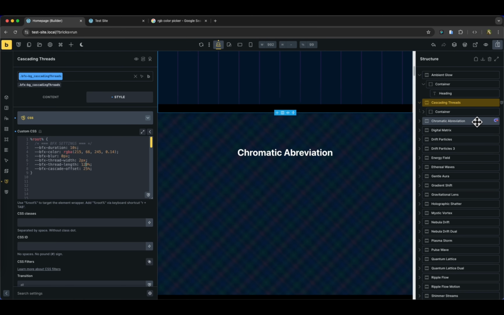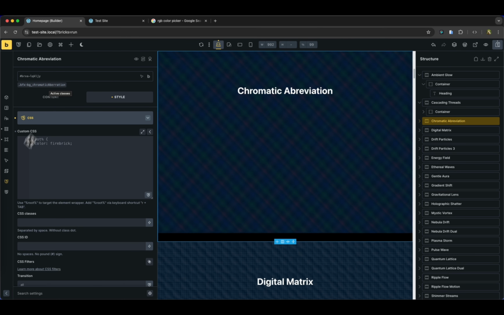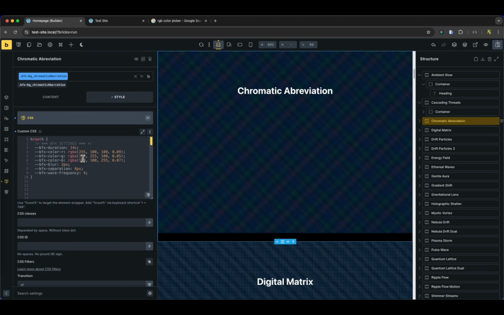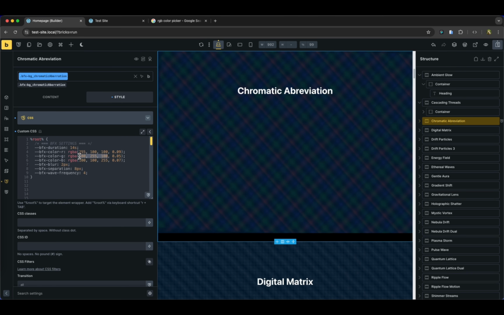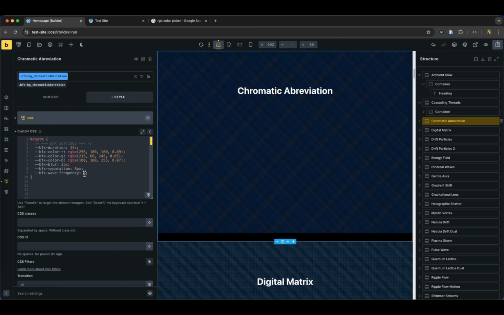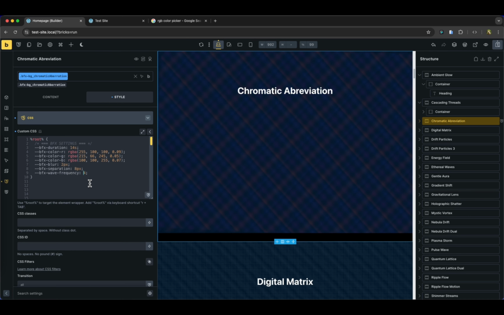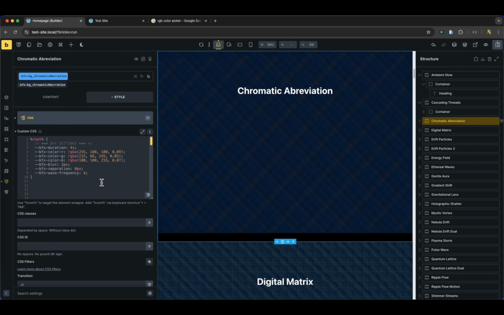Now, the chromatic aberration one, this one again is clearly not meant to be this color. You would go in and set your colors to whatever you want. So instead of this, maybe you want that purple, and you definitely don't want this to be quite as pronounced, but it just gives that subtle movement. You can see the lines moving. You could speed up the lines, I mean, if you wanted to, that would look kind of silly, but you could. Typically though, you want to keep it nice and slow,